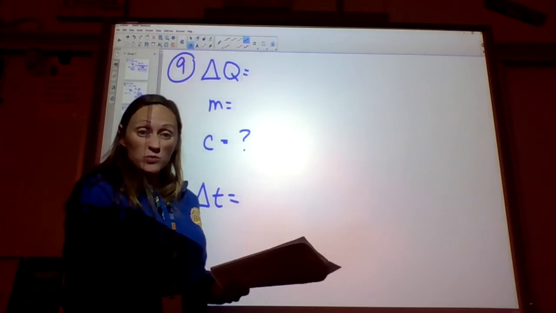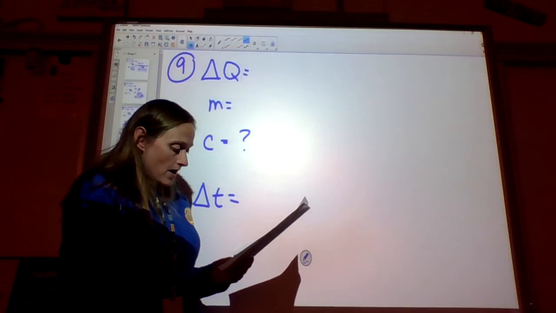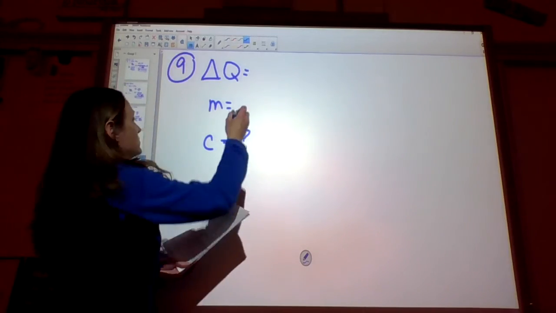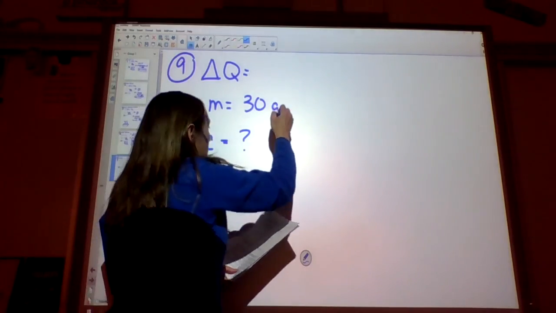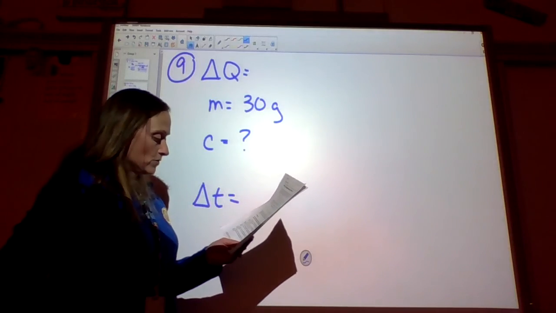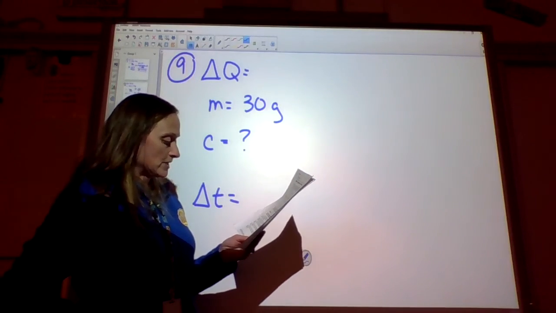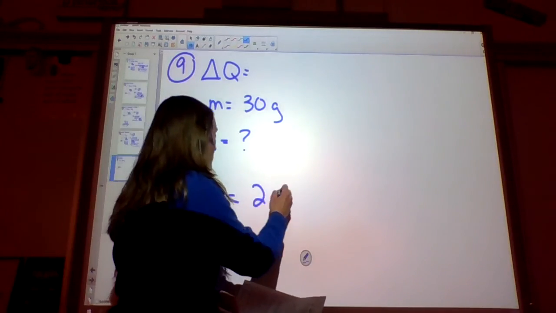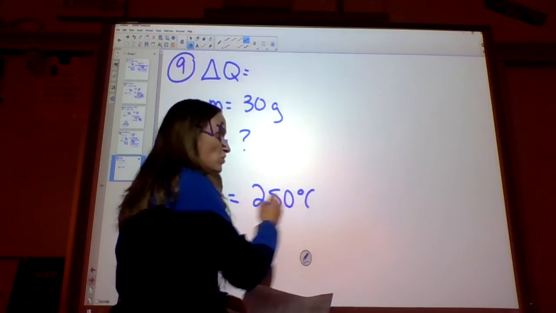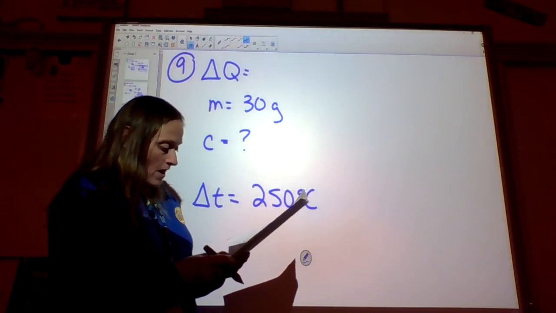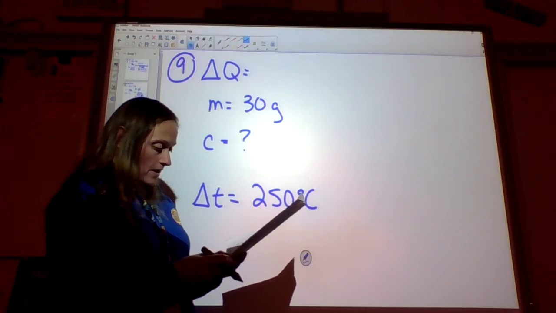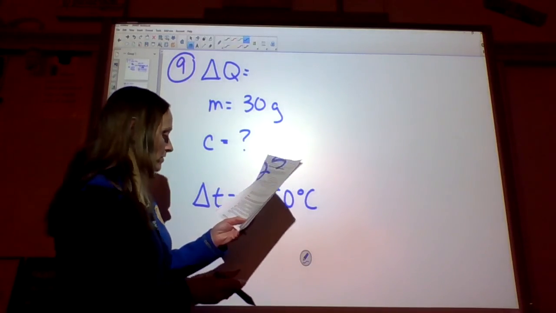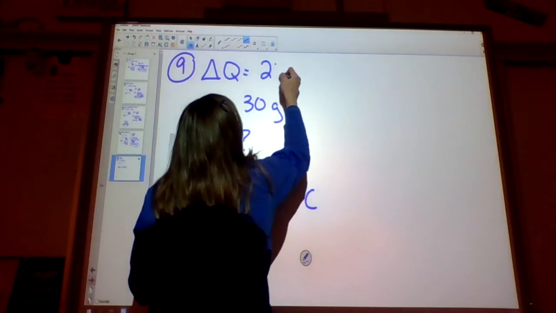So notice we're not working with water in this one. If we have 30 grams, that undergoes a 250 degrees Celsius change. So it already tells you what your change in temperature is. You don't have to find it. And it's absorbing 229.5